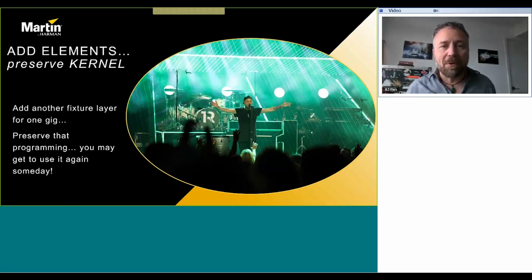Lo and behold, I got to use it at a festival like 2 months later. So remember, you can always add these elements, and you can decide how long they're going to be clinking around in your show file. But just because I'm telling you to come up with a list of essentials doesn't mean you're not going to think, "Oh, in this song, I'm going to light it only with these mirrors," well, because there's a mirror ball, for instance.